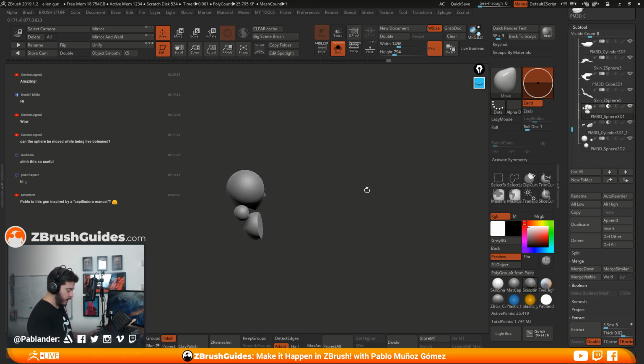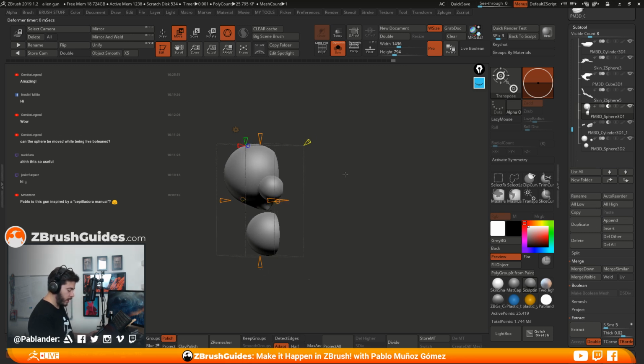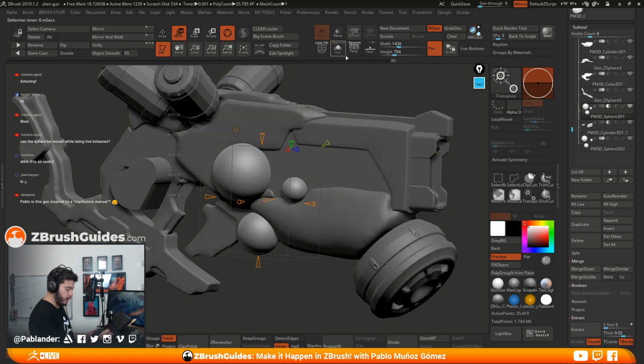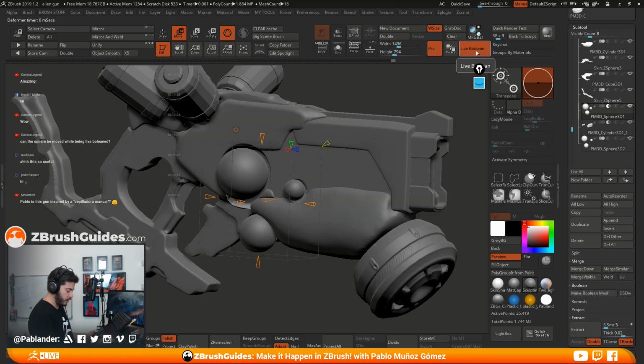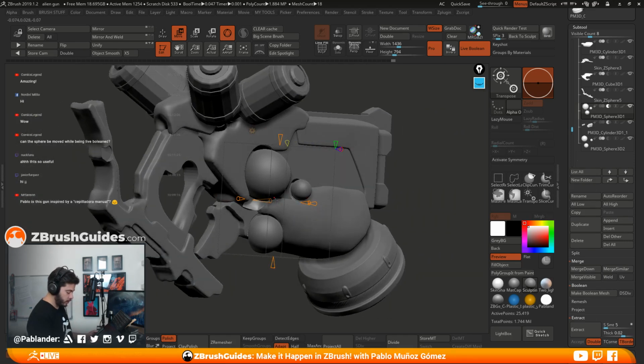So I'm going to undo that. I just undo the mirror and weld, and with this one, I can bring in the gizmo, bring in the flatten, and do the same thing that I did for this, but for the big one. So something around there, and I'm going to turn off live boolean, and you'll see you can still play around with this in boolean mode. So you can flatten this like that,